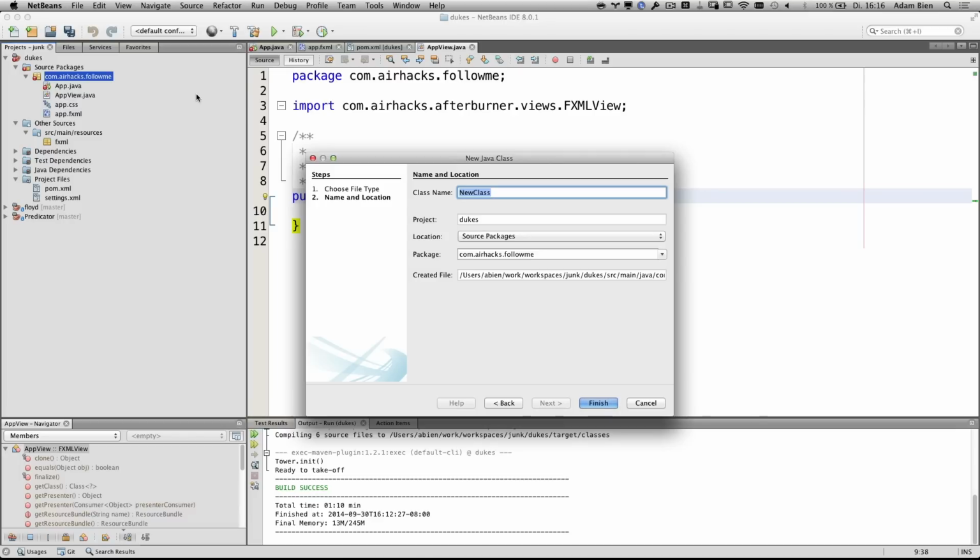Is this an empty CSS? Did you say that every time you create an FXML, you also create a CSS that you put in the same directory? The CSS doesn't have to be there, but it will be taken, and you can style the whole application with CSS. The Afterburner is also able to load CSS if it finds one. You can use CSS, you don't have to.